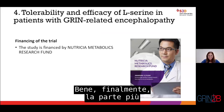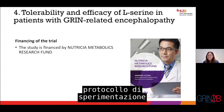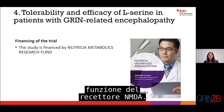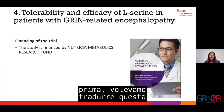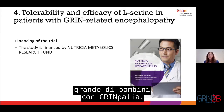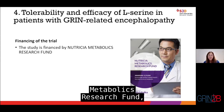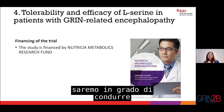Well, and finally, the most important part of my talk, I would like to share our serine clinical trial protocol for patients with GRIN-related disorders caused by GRIN variants leading to a loss of function of the NMDA receptor. After our single experience with the girl that I talked about earlier, we want to translate this unique experience to a bigger group of children with GRIN pathies. So we wrote a project, applied to a nutrition and metabolic research fund, and were awarded a grant. Thanks to this grant, we will be able to conduct this